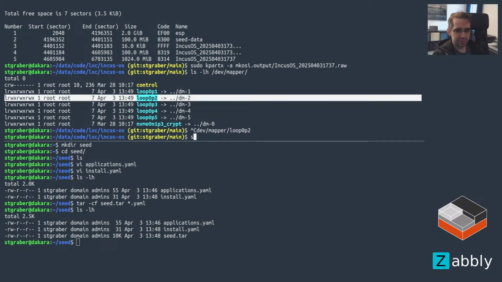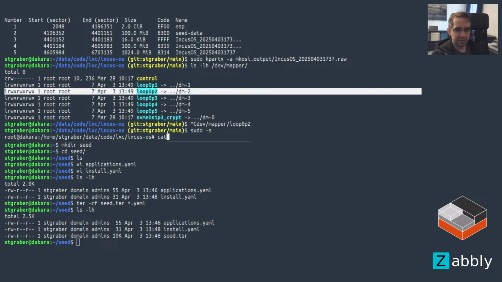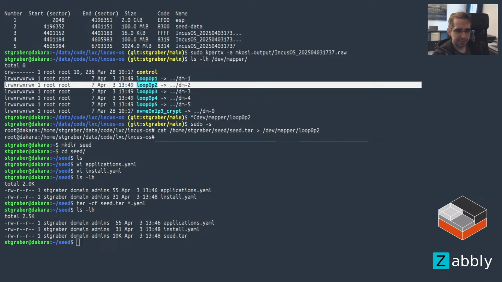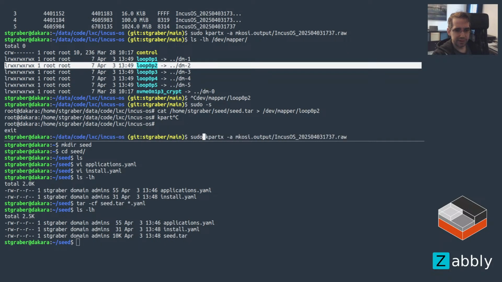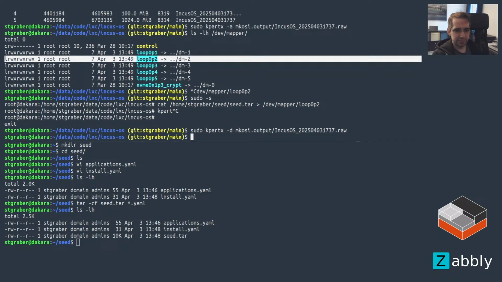And I'll do that as root. So I want to cat seed.tar and write it into /dev/mapper/loop0p2. Okay. With that done, we can do the reverse for kpartx. So just asking it to delete the mapping. And now that disk image should have,